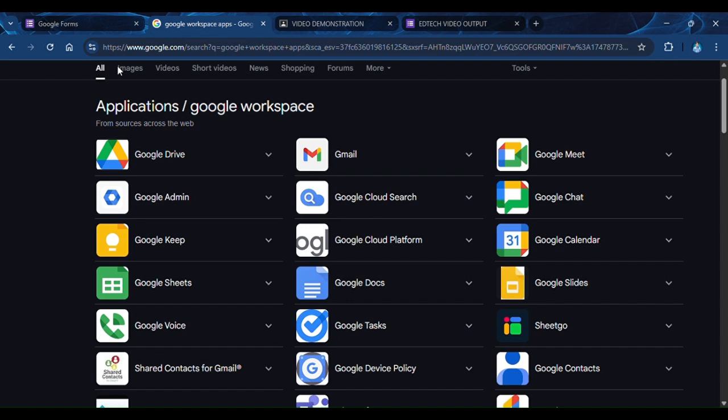Google Workspace is a collection of cloud based tools developed by Google that can be used in education for communication, collaboration, and productivity.